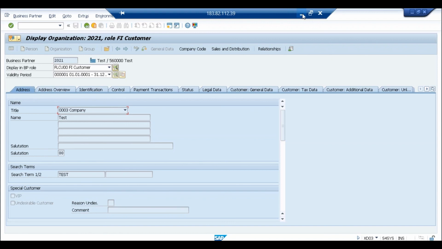Sorry, last question. We know in our standard ECC we can play with the screen exits, adding new fields. Many large organizations I've worked with have additional screens and additional fields that are very important for them. How does that work in the S/4HANA space?